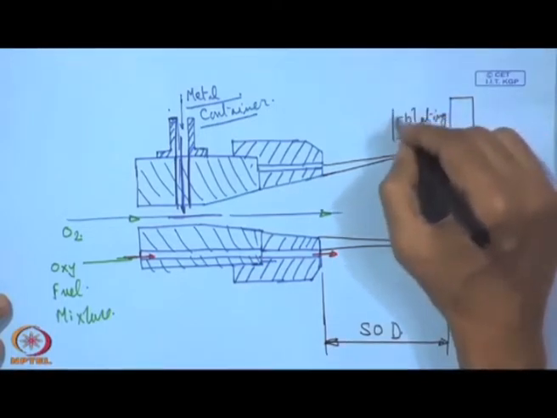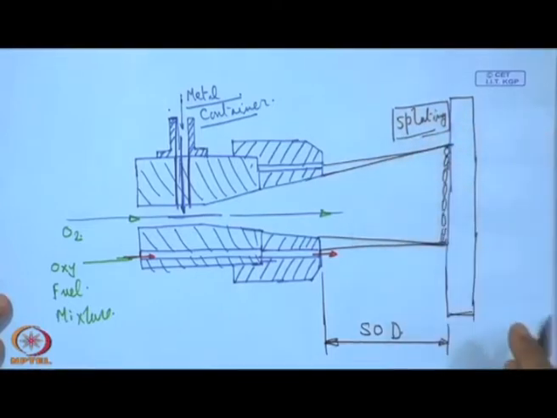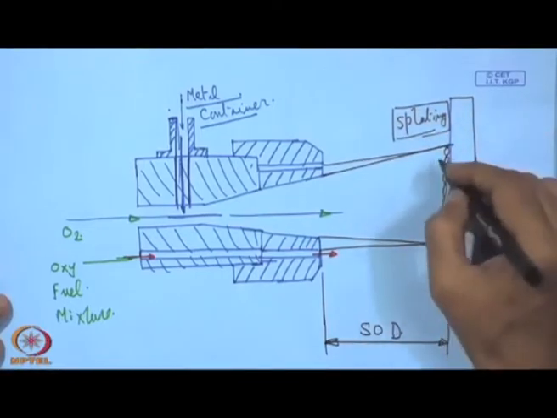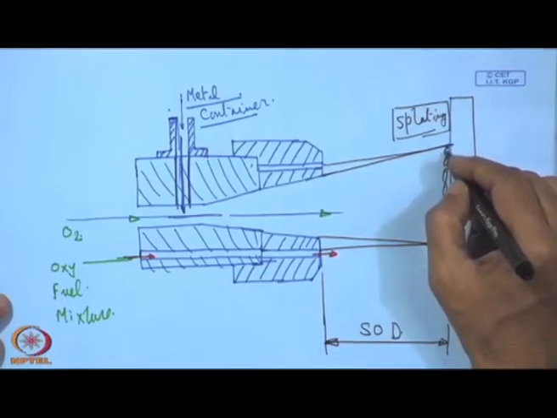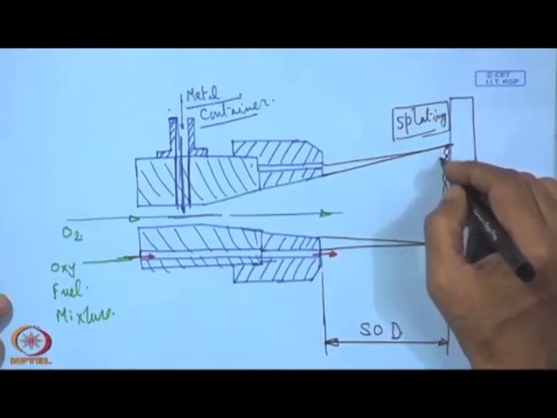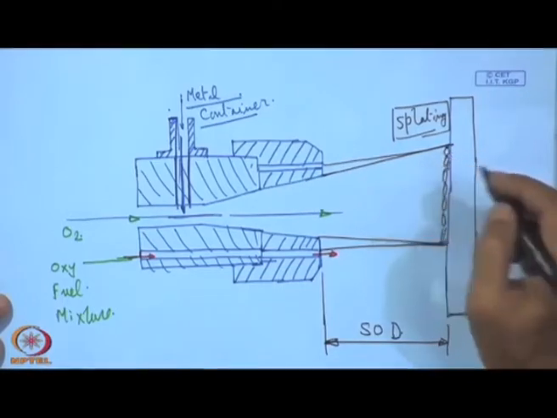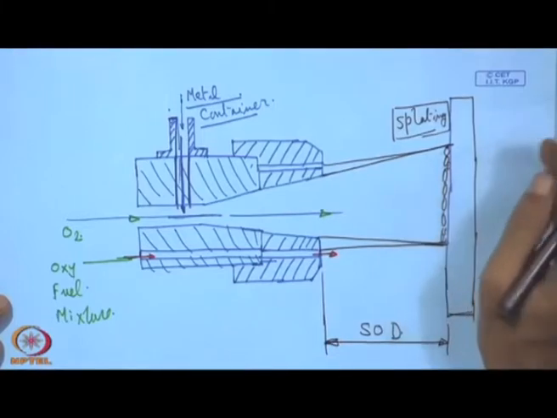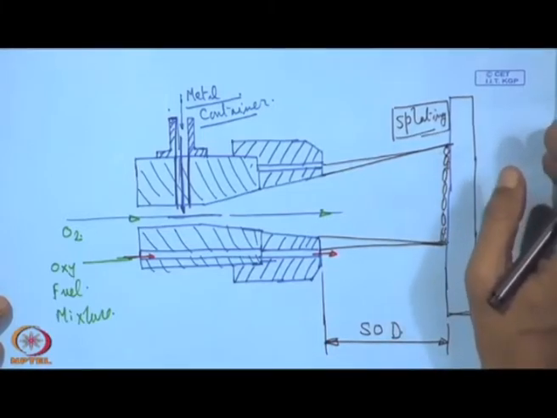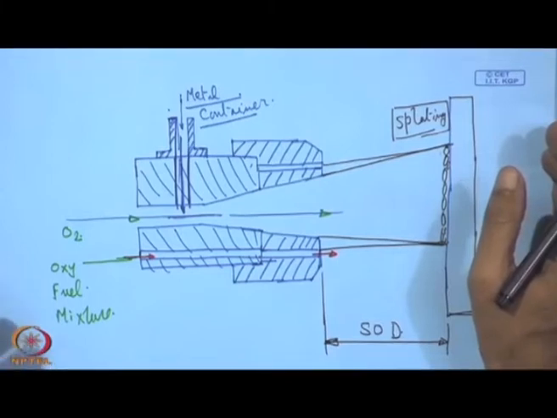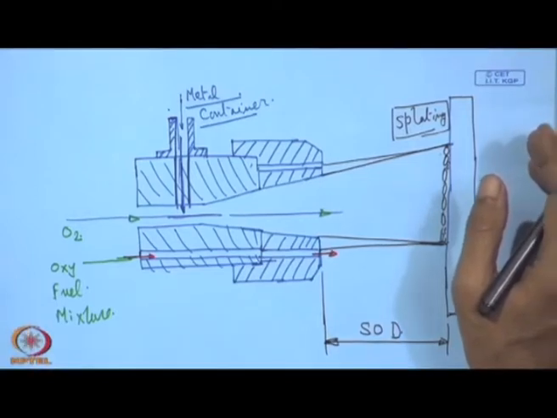So, it is the splat formation, splatting. Splat formation takes place, and gradually one splat, and over that another, will grow over the passage of time, and this is, in principle, the basic process of flame spray of powder. Now,